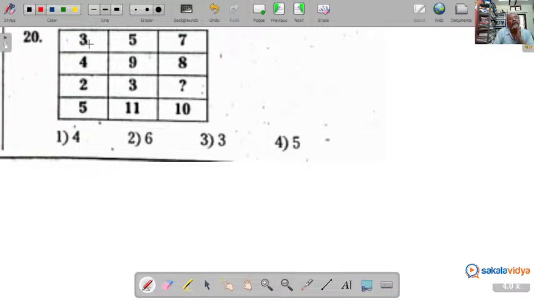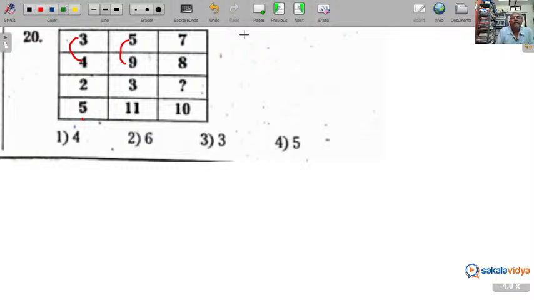3 plus 2 is 5, 5, no, 8 minus 1 is 7, 13 minus 1 is 12. No, let us go like this now. 4 twos are 8, 8 minus 3, 9 threes are 27 minus 5. 3 plus 4 is 7, 7 minus 2 is 5, 9 into 5 is 45, 9 plus 5 is 14, 14 minus 3. Okay, got it now. Got it.